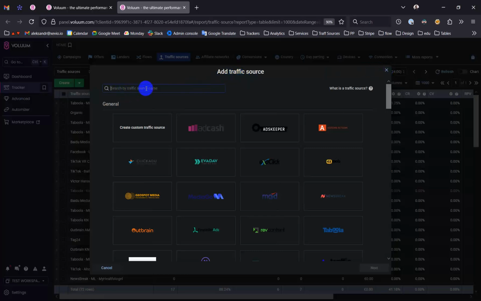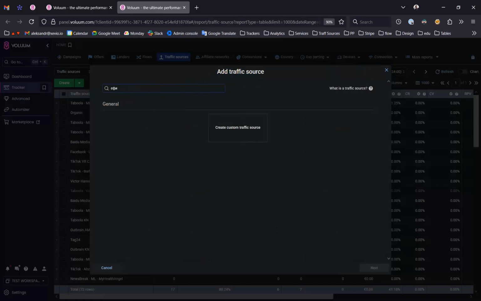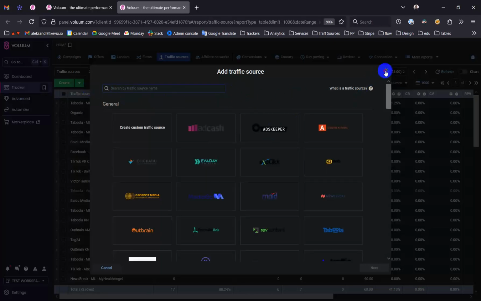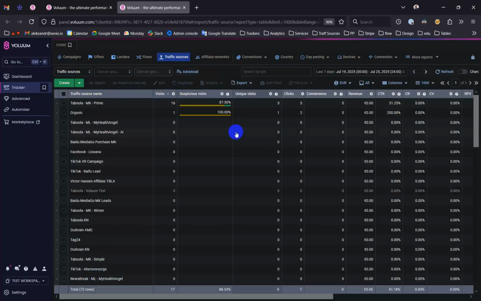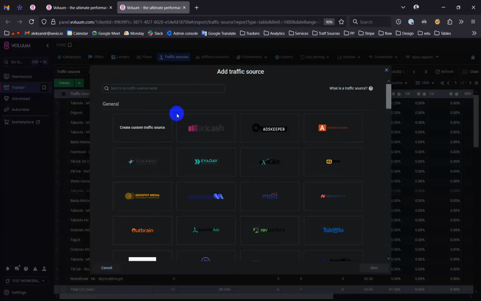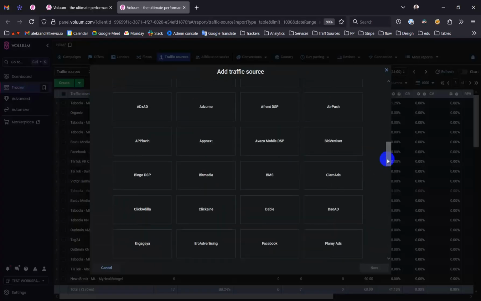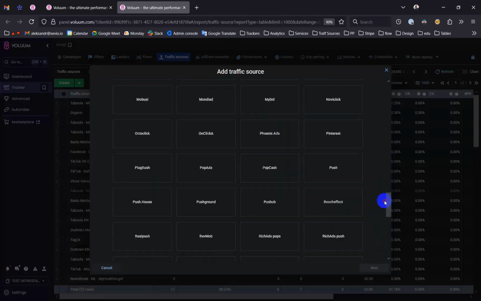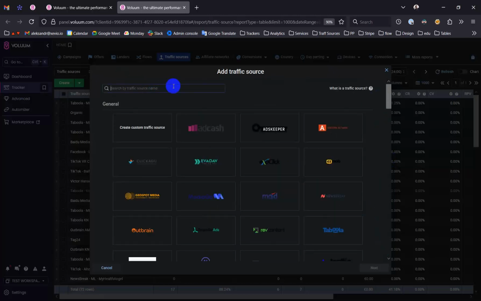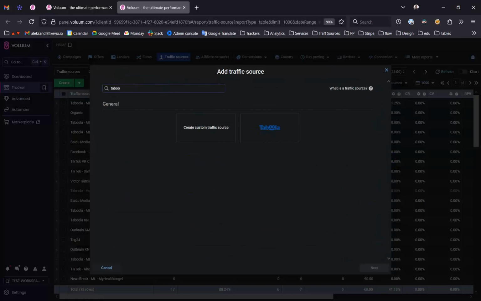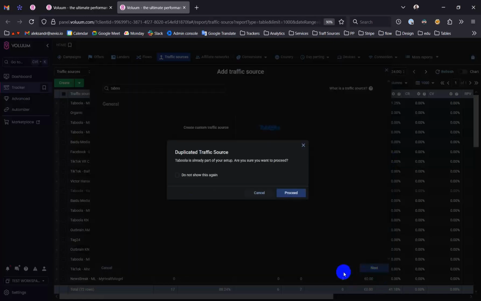For example, if you will use Taboola advertising platform, fine, just choose. Voluum has a lot of templates for most popular and not much popular traffic sources, so just choose Taboola, click next,